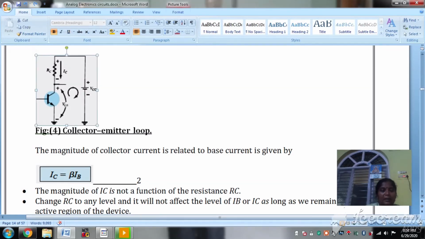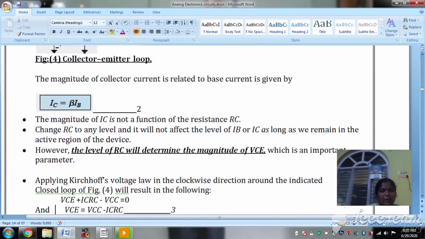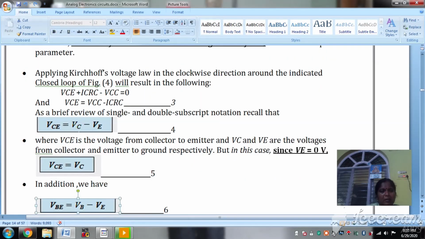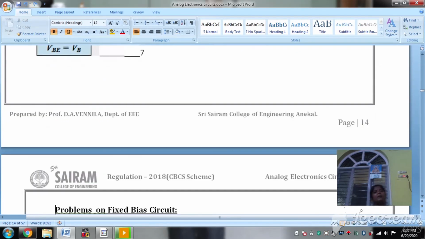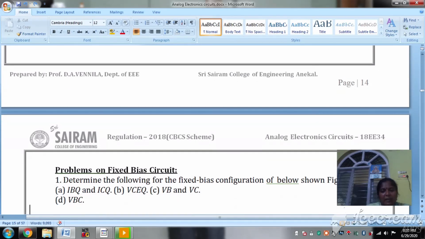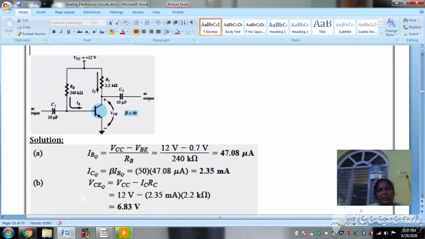Since VE equals 0, directly VC is nothing but your collector voltage, and VB is nothing but your base voltage. Okay, so this is about your fixed bias. Now here is one problem for fixed bias. They have given the fixed bias circuit. So what they are asking,